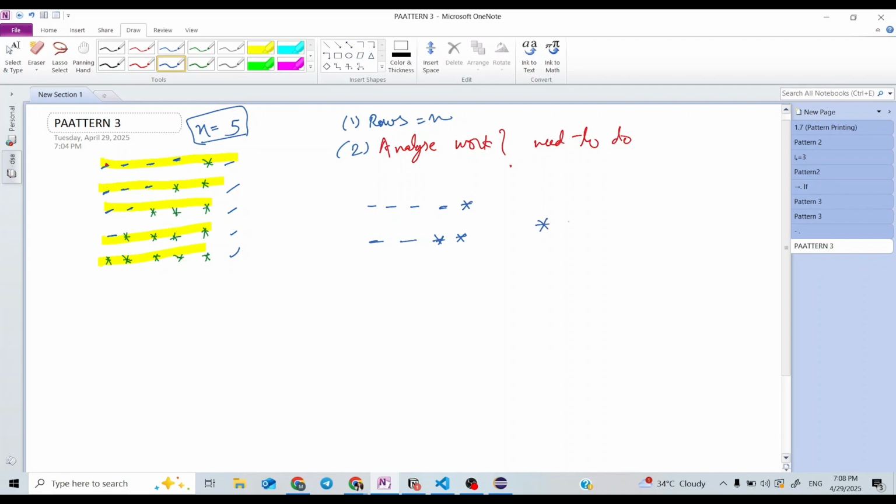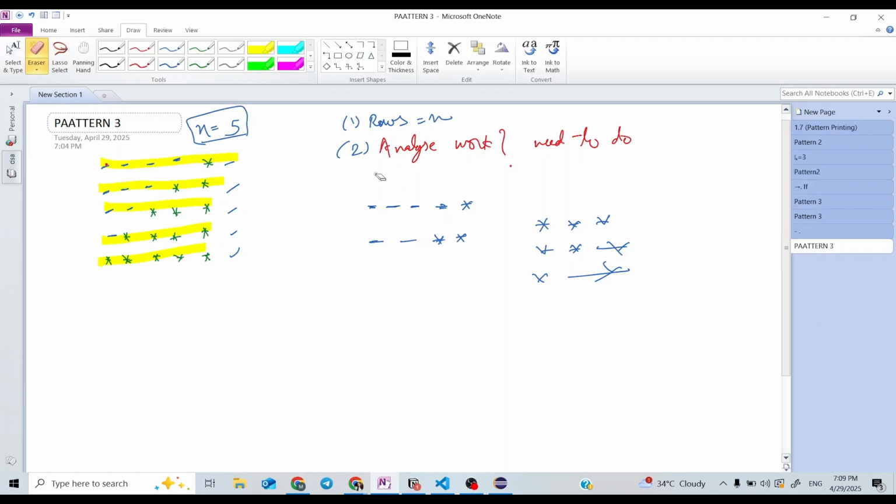The previous pattern was easy. It was like this, right? In that, spaces did not need to be printed because they come after the star. They can be ignored. But in this pattern, we need to analyze what number of spaces we need to print in a certain row.